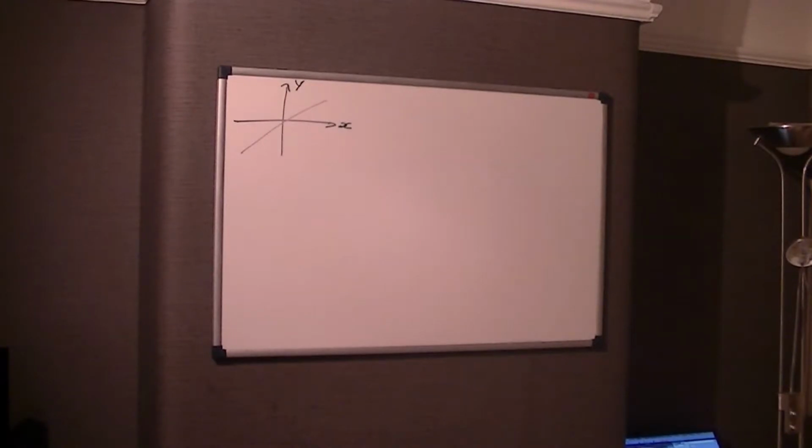Hello, this is a Further Maths FP1 video on something we call the Argand diagram. We'll be recapping complex numbers and complex conjugates, and then we'll be going on to something called the